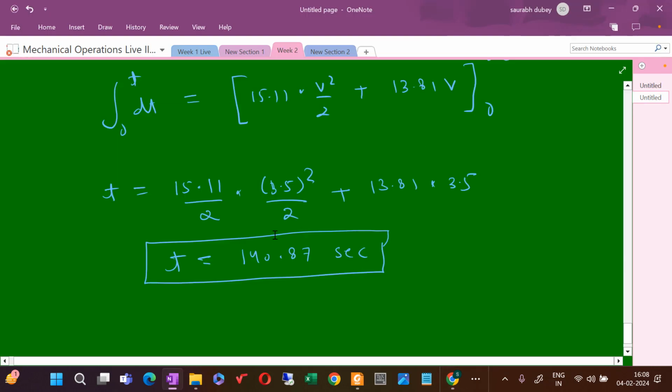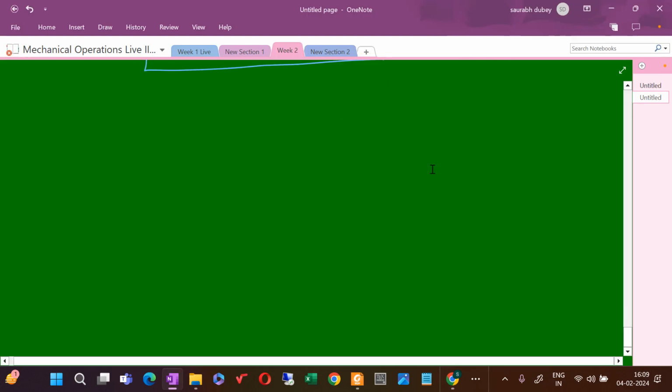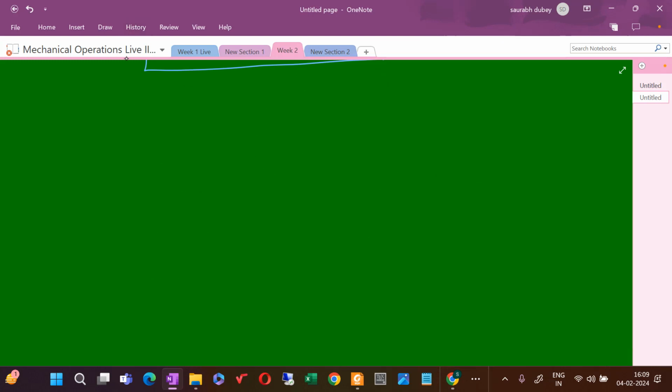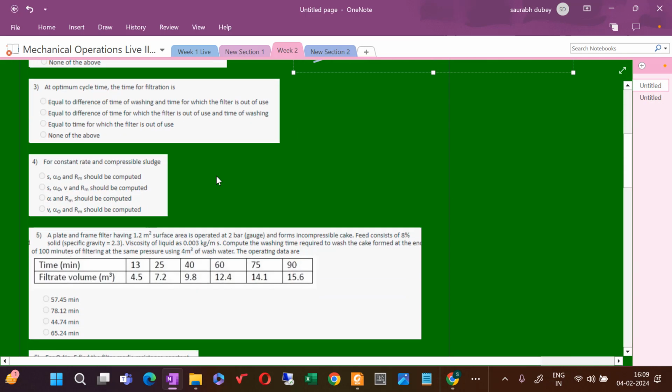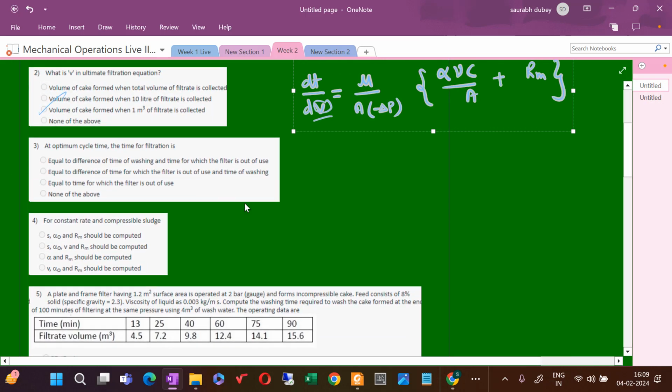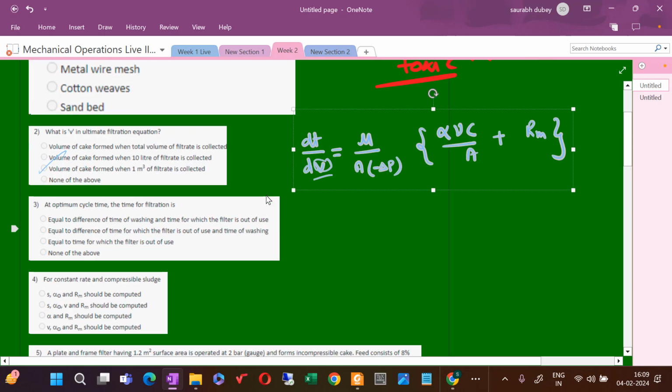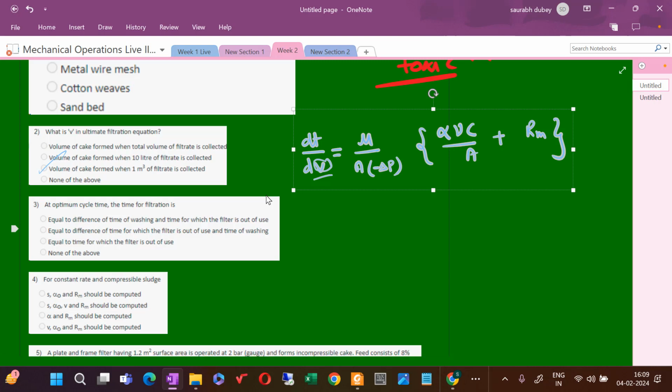Yes. So the next equation, before that, let us solve some of the small questions first, and then we will move to the good problem again. So this third question: at optimum cycle time, the time for the filtration is,